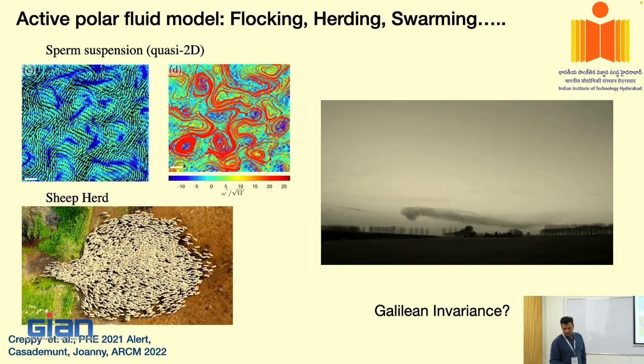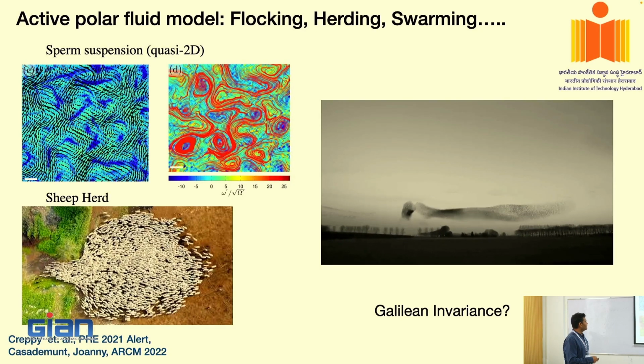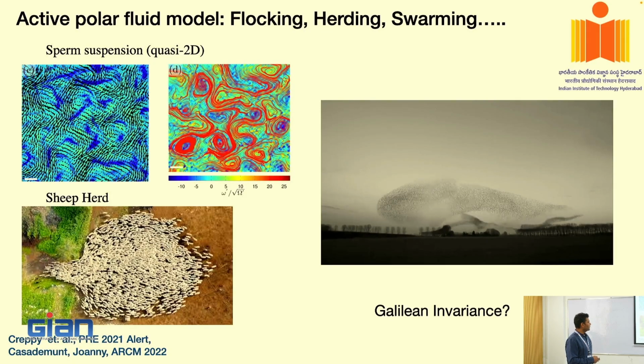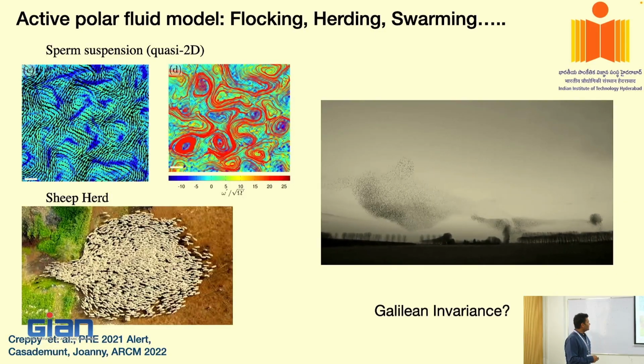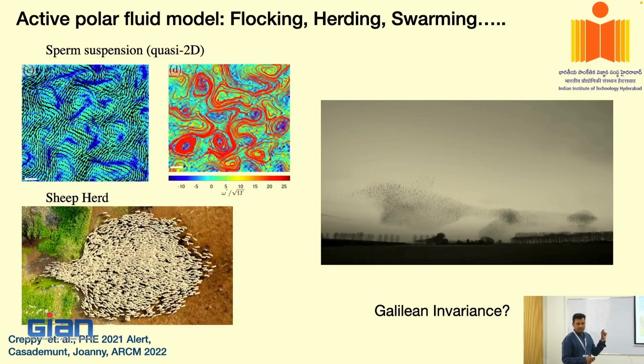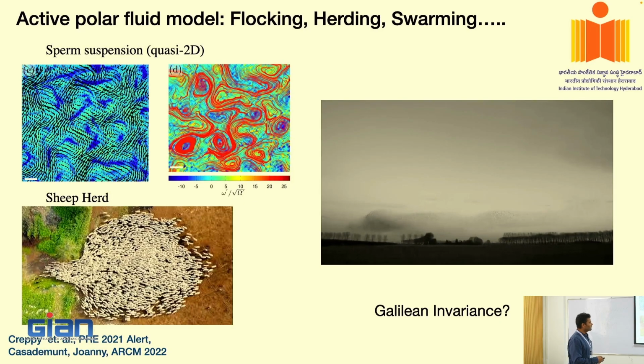The other example is this video, which I'm pretty sure you might have seen many times, of starling birds, and what they are doing. The number of birds could be up to thousands, maybe 10,000, right? If you think about these birds individually, what will happen? They will move randomly. But if you look at a collection of them, you can see that it's like a flow, right?